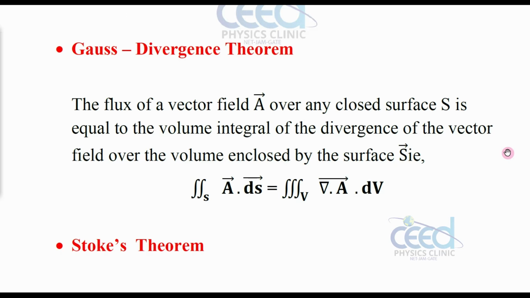Here I have given the mathematical statement of Gauss divergence theorem. The surface integral of a vector field is equal to the volume integral of the divergence of the same field. So that is representing the divergence theorem. We can have the mathematical proof for this. From the examination point of view, the proof is not needed, anyway I am going to derive this.